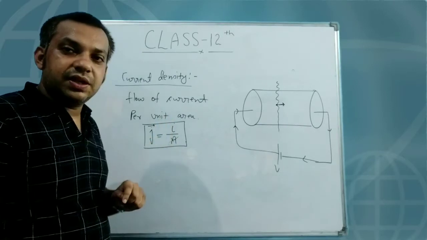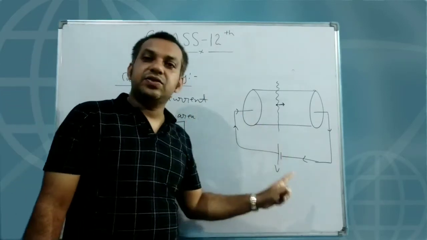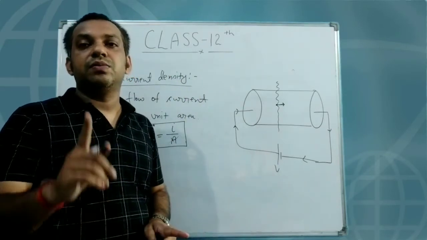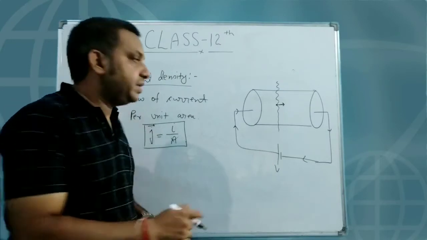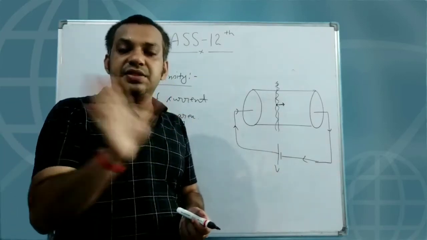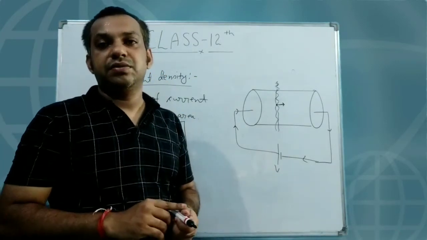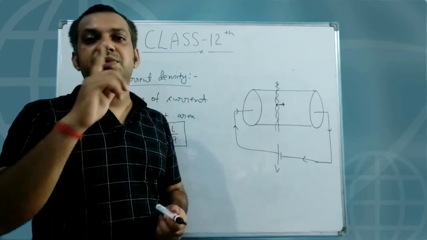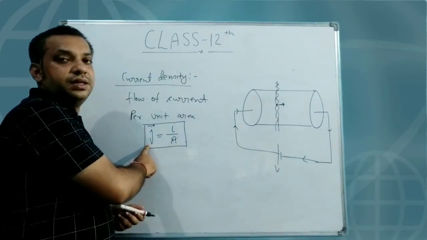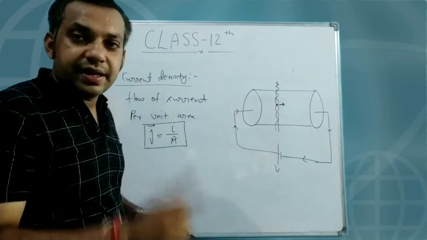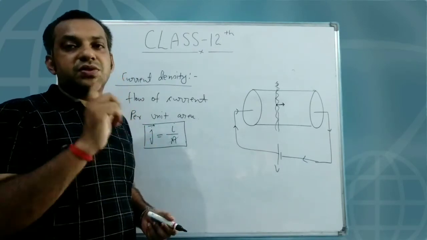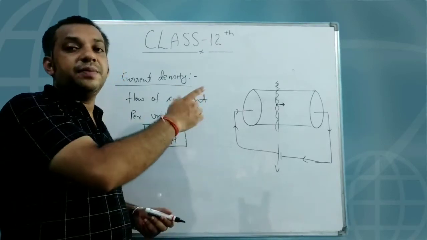Right now? So what is the direction of the current density? The current density direction is always, for that particular area, the direction of the movement of the positive charge. That means if you are considering this particular area, in which direction the positive charge is moving, the direction of the movement of the positive charge will decide the direction of this current density. Yeah, in other words, in the direction of the current.